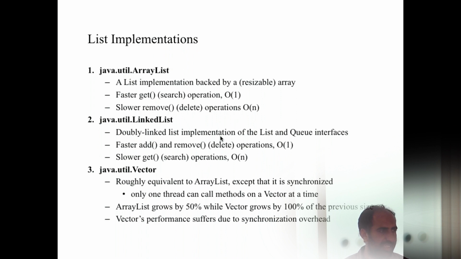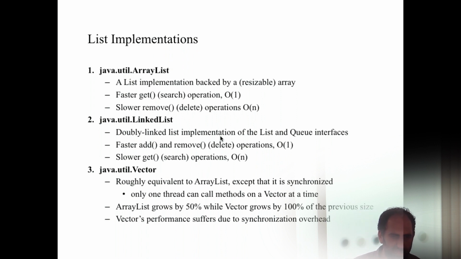The advantage is that if it is not synchronized, you have to make sure by yourself that no more than one thread accesses an element at the same time, because if they access it at the same time, one can manipulate the value